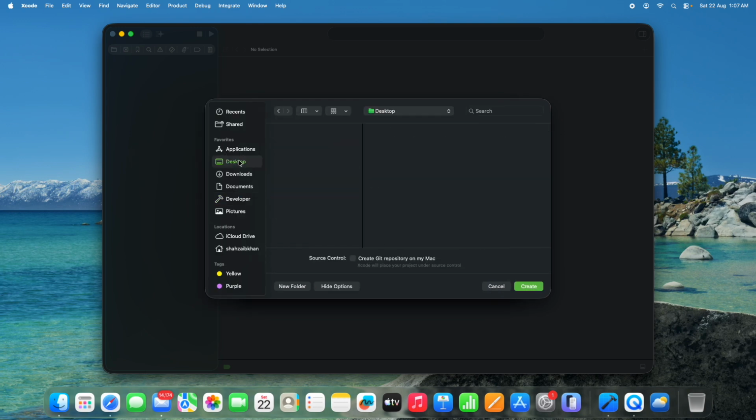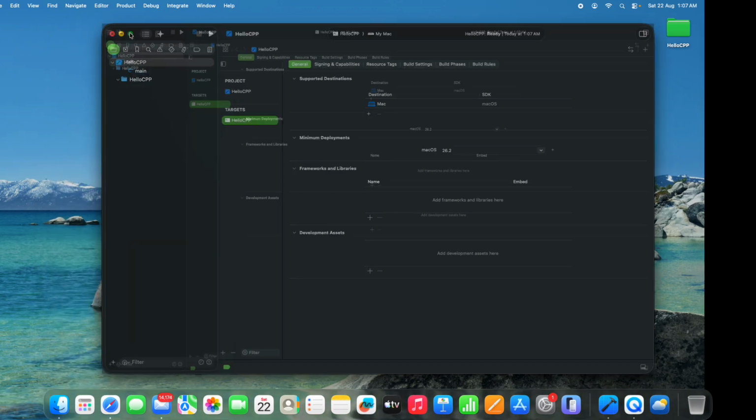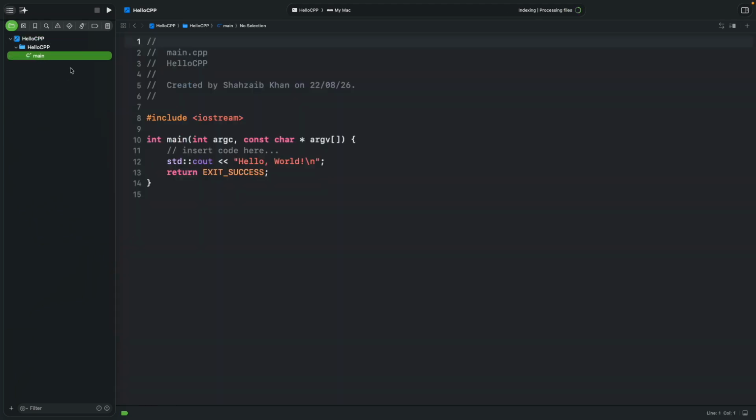Choose the location where you want to save your project. I will save it on the desktop. Just click on create, and here you go. You will get this main.cpp file generated by Xcode, and now if you want to run